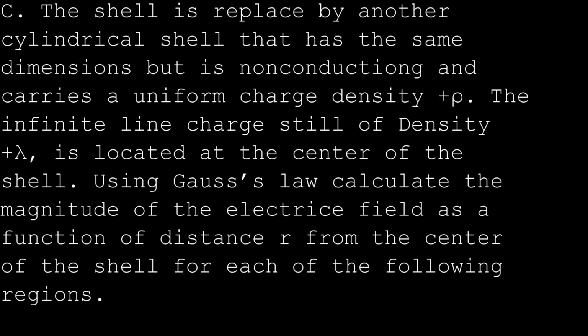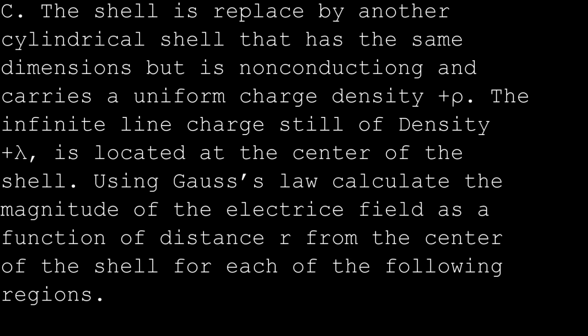It tells us the shell is replaced by another cylindrical shell that has the same dimensions but is non-conducting and carries a uniform charge density of positive rho. The charge is positive rho because the charge is spread out throughout the entire ring instead of just on the surface like a conductor. The infinite line charge, still of density positive lambda, is located at the center of the shell,